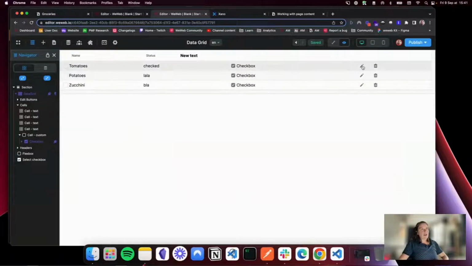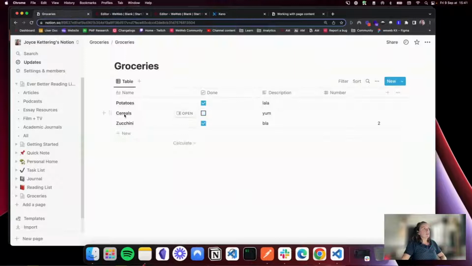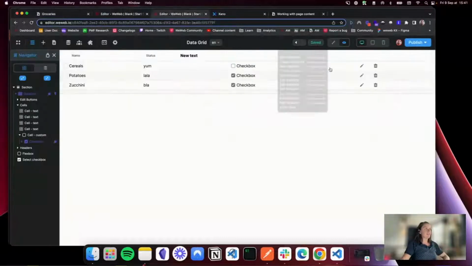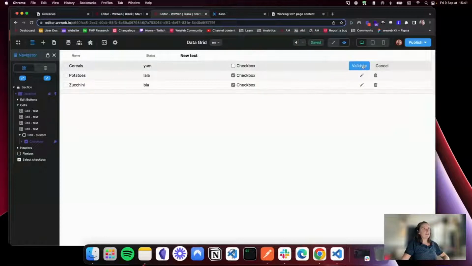Anyway, so now if I, let's say update tomatoes, I will change it to cereals. I feel like eating cereals. I'll change the description as well. And I will uncheck the checkbox. If I validate and I go to Notion, I get cereals, yum. And you see here it's unchecked, but actually I cheated. It's not thanks to me. I'll show you now. If I go back again and check it again and I validate,